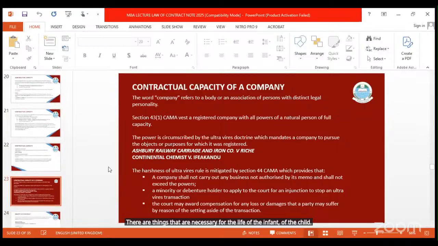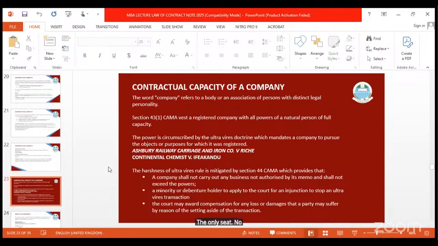Now, for a company, two documents are very important to the life of a company. One is what they call the memorandum of a company, and the other one is the articles of a company. You should know this. You can Google it. The sample of it is online. You can always Google it and you can always see it.